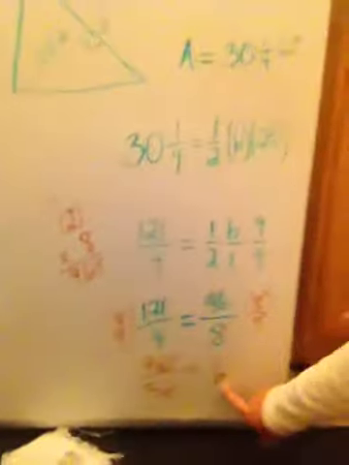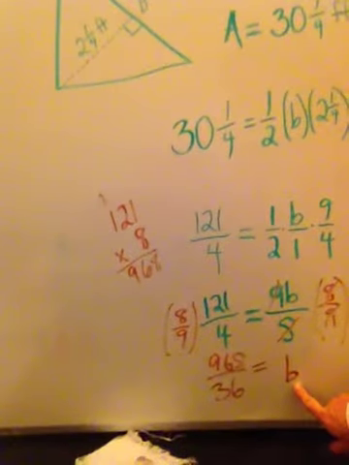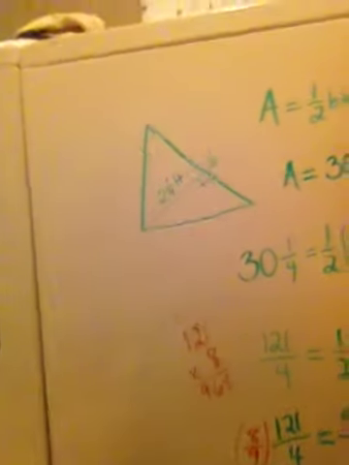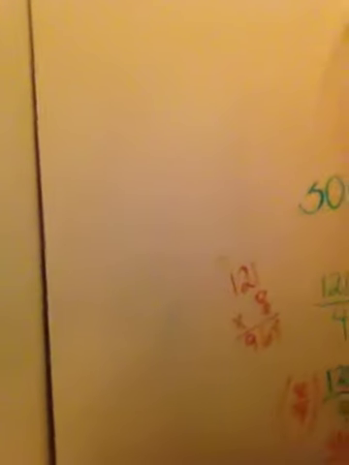But as you can see, we just found what B was, and B represents the base measurement. So we found the base. So there's a triangle story problem. Then I'm going to give you a story problem that kind of talks about